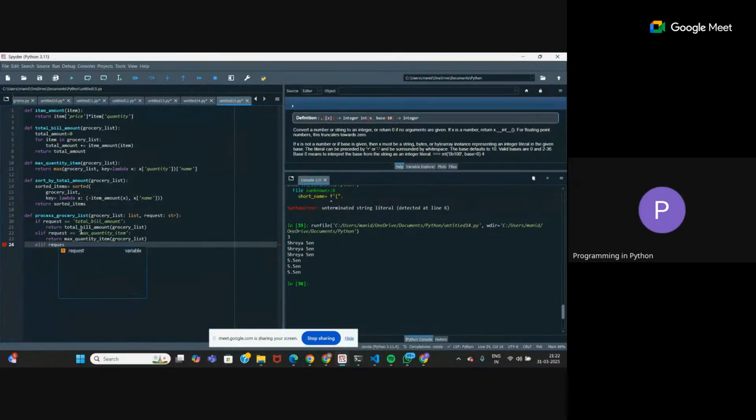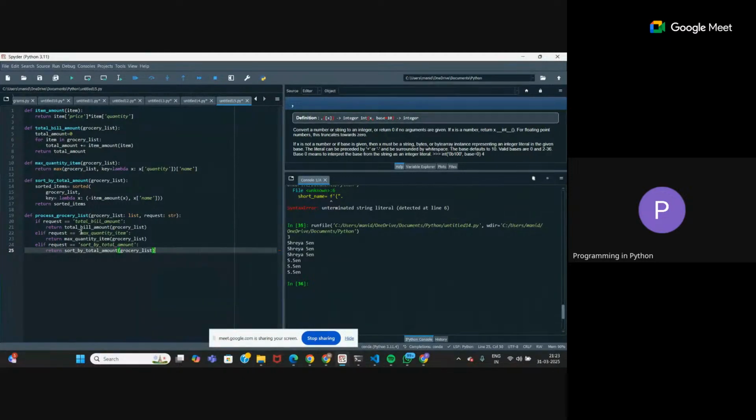The request is equal to, what is the name of the third task? Sort by total amount. For this we are going to call return sort by total amount, again grocery list as parameter.